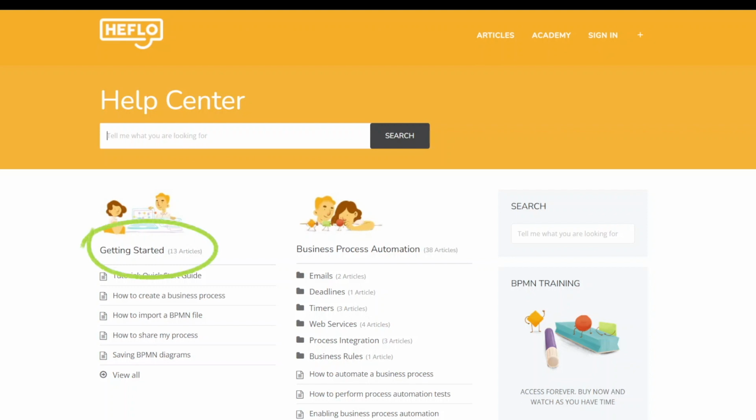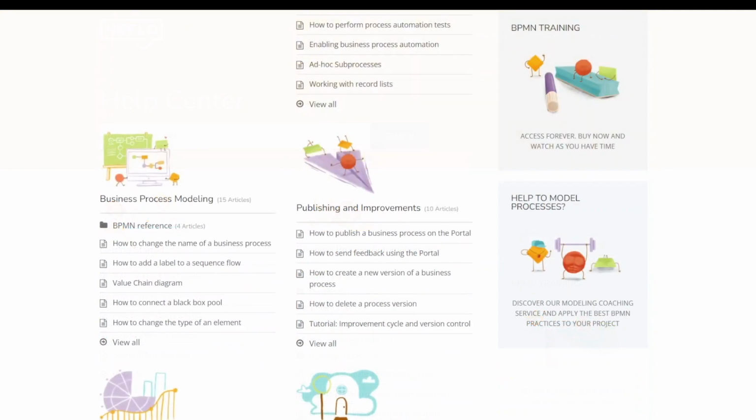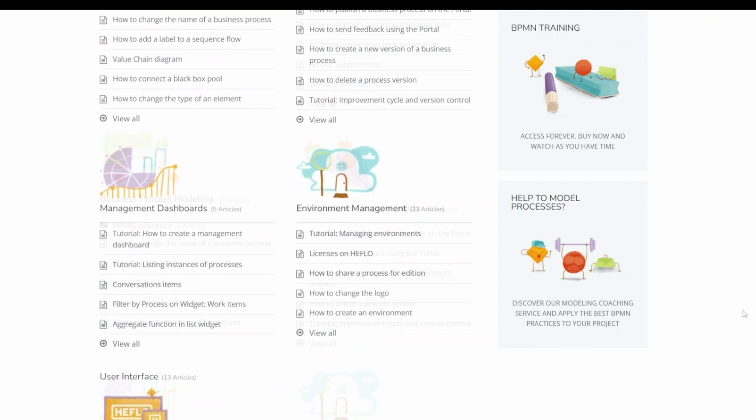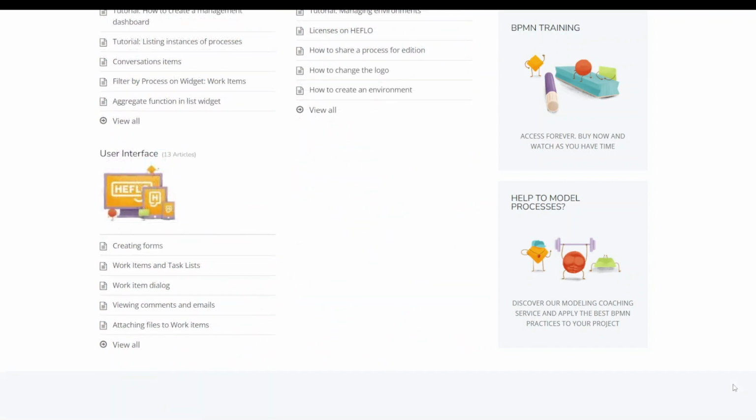Getting started, business process automation, business process modeling, publishing and improvements, management dashboards, environment management, and user interface.